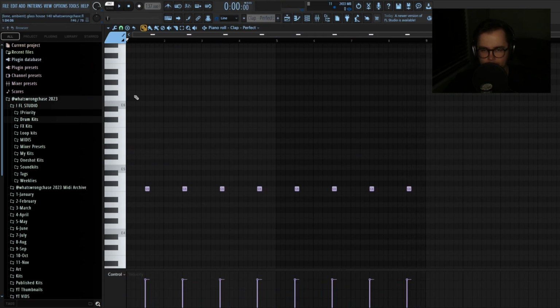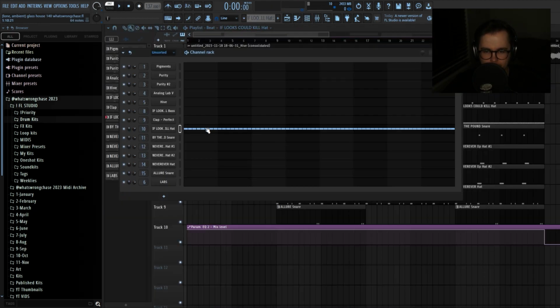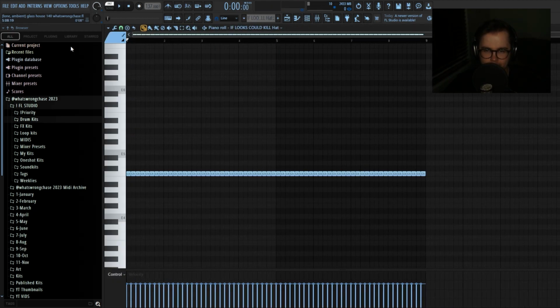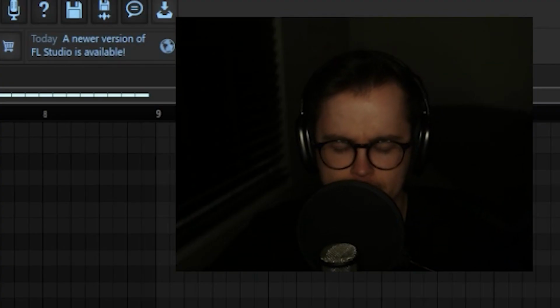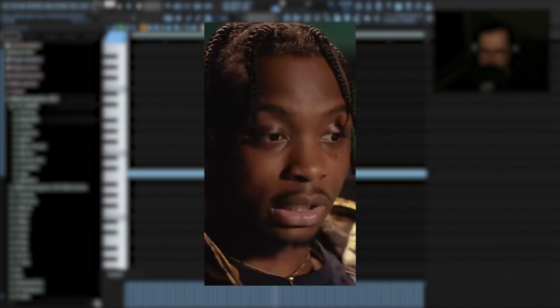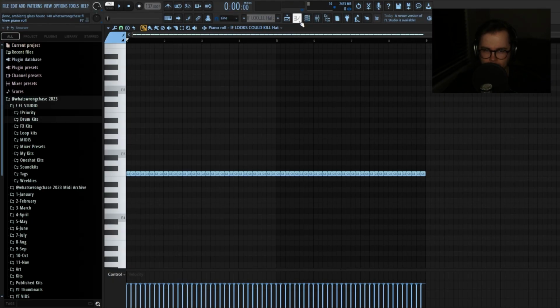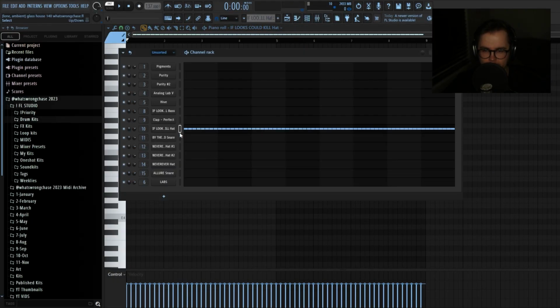And then after that, I just laid down a simple clap pattern. And then for the hi-hats, I would say I really sauced these ones up. I think I actually went kind of crazy on this pattern. I don't know how I came up with that one, but